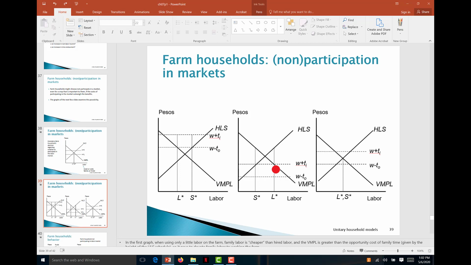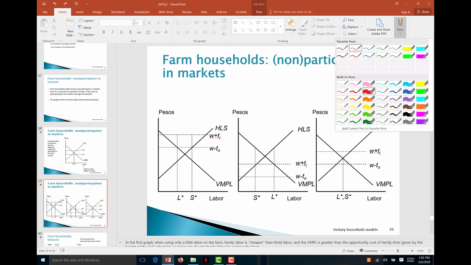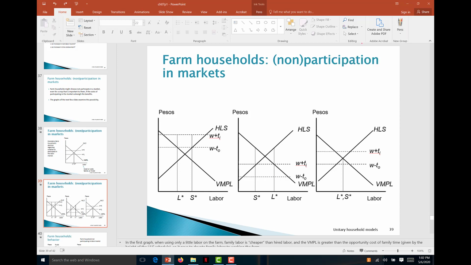So the household works here as an employer. Now, how much will be their demand given this situation? Well,